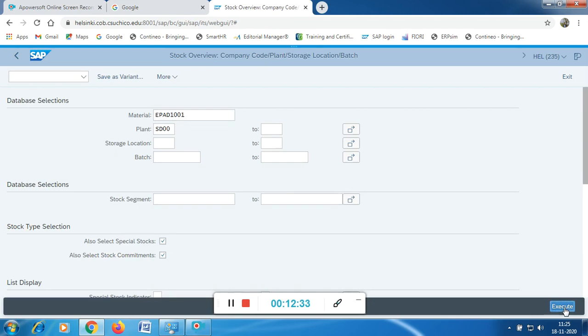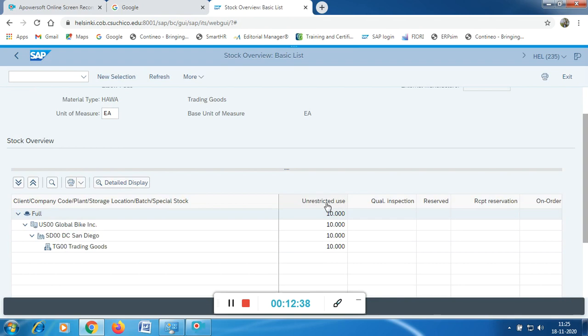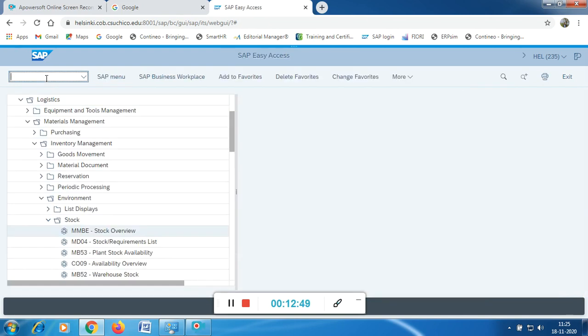Again press the execute button, and again it will show 10 quantities as the unrestricted unit. Why it is showing 10 is because just now I had received a material of 10 quantities for the purchase order which I had given. I had done the goods receipt. This is how to check the stock of your material.